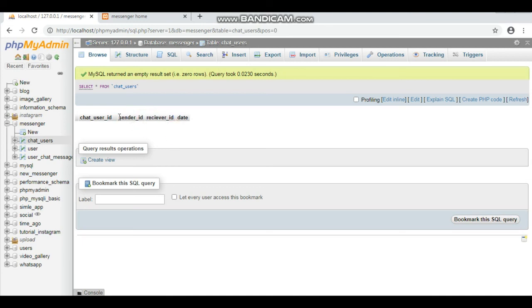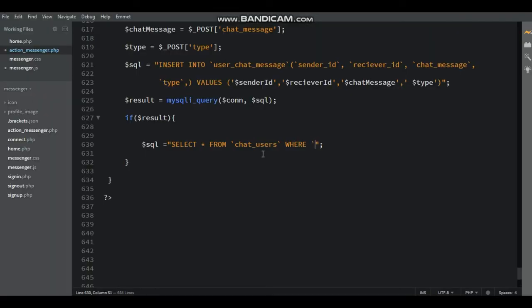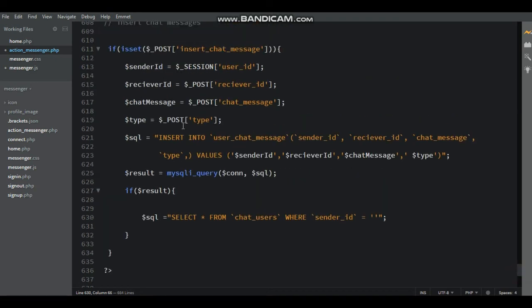Just copy the sender ID and then sender ID equal to, inside the single quotes paste the sender ID, $sender_id, and then after that write and, that is the AND function, and then copy the sender ID and then change it.